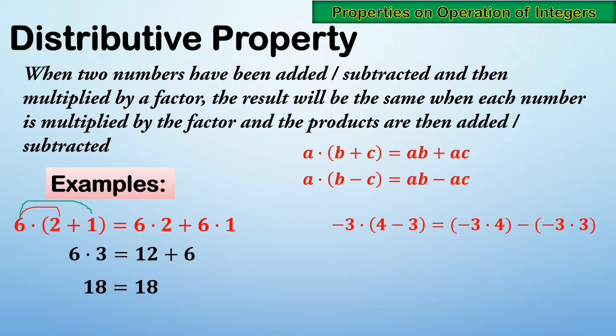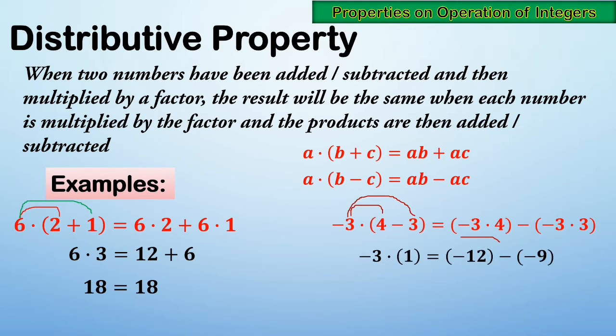Another example, negative 3 times (4 minus 3). Okay? Didistribute natin. Si negative 3, dinistribute natin kang 4. Ibig sabihin, operation multiplication. Kaya naging ganito. Negative 3 times 4. Next, sa negative 3, multiply naman natin kang negative 3. Therefore, negative 3 times 3. Okay? Then, ito naman. 4 minus 3 is